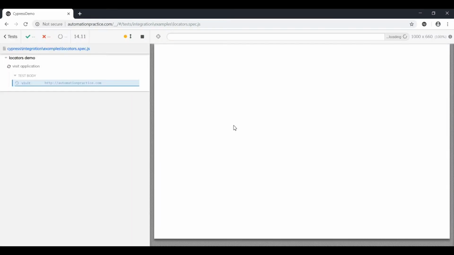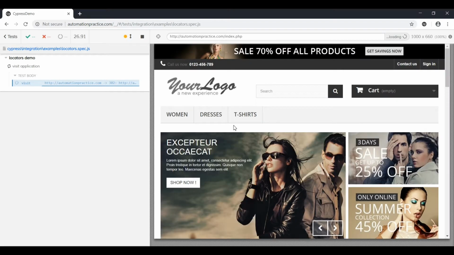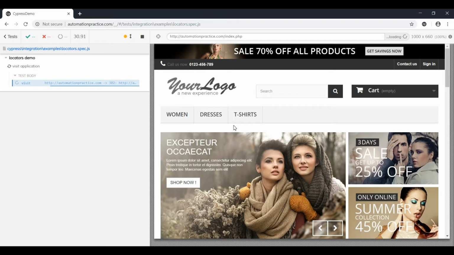Okay, so the redirection is started and we should be redirected to automationpractice.com. The page is loading, it is taking some time. Okay, now the page is loaded.